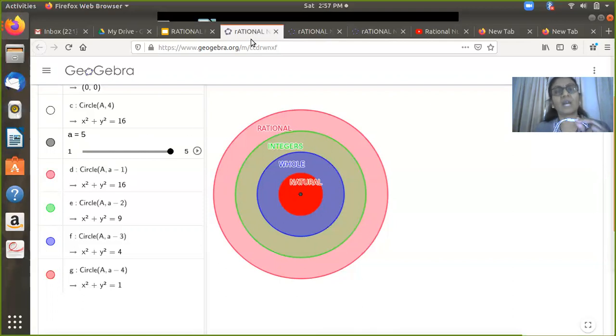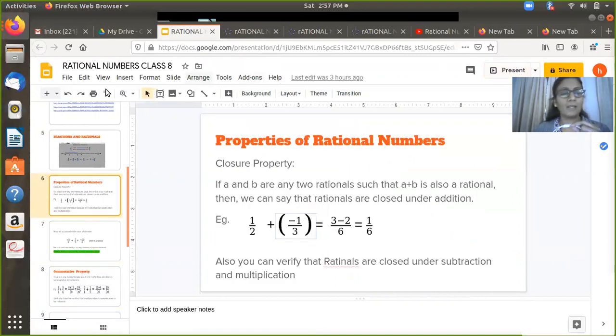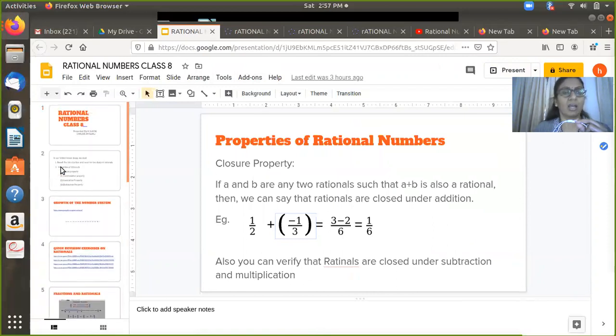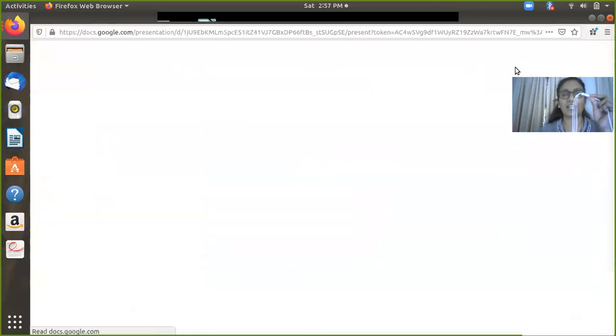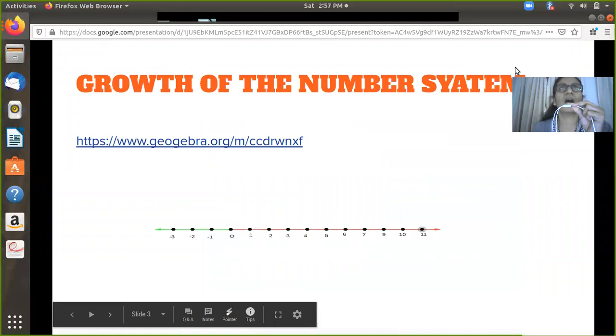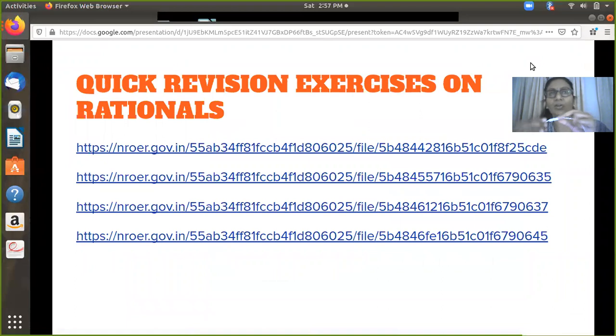So I now here want to show you, before we proceed to the properties of the rational numbers, of course, we have already seen the growth of the number system. Now we should be able to go on and see what are these fractions and how are they different or how are they extended towards the rationals. So before I go there are a quick set of exercises that you may have to complete before we take on the rationals as a whole.